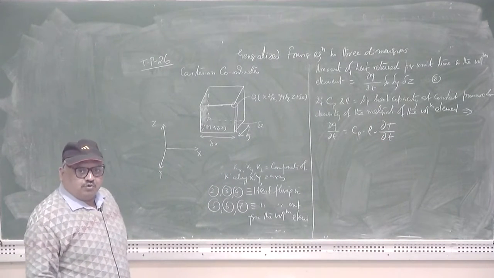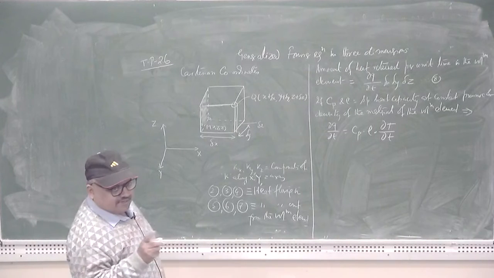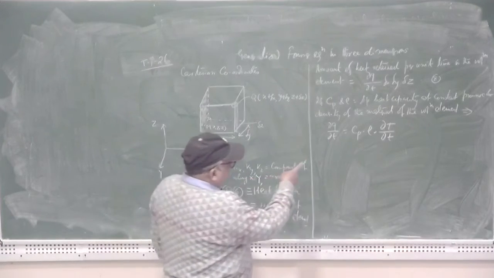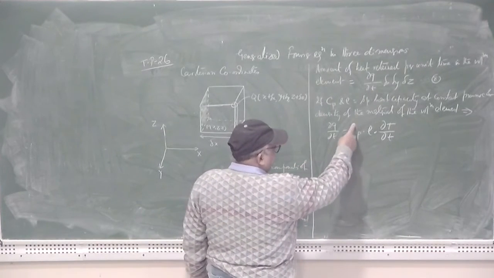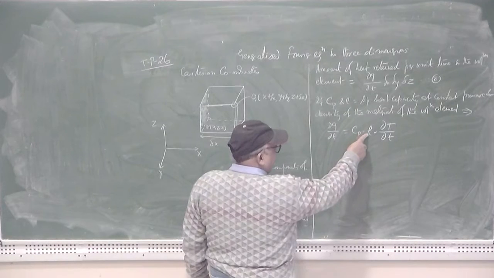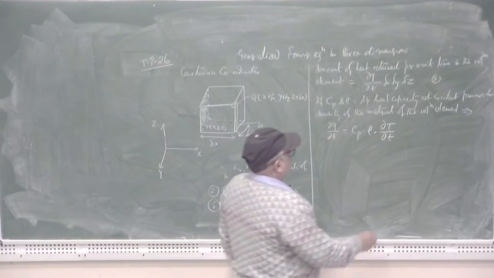Cp into rho into delta T upon delta t, that is the mass into specific heat. You can consider the unit volume, and then Cp, that is the specific heat capacity, into the mass, that is 1 into density, into change in temperature per unit time. So let it be equation number 9,